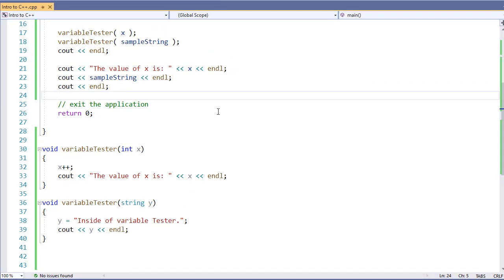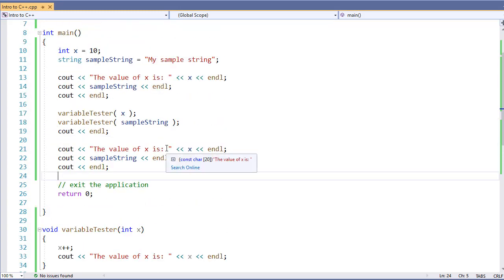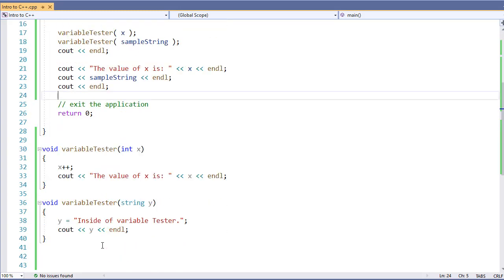If I look even closer, you'll notice that inside of variable tester, where I'm passing an integer, I'm using the exact same variable name. However, when I pass a variable by default to a function, I'm actually making a duplicate copy of that variable. So I'm not dealing with my original variable, I'm dealing with a duplicated copy. Because it's a duplicated copy, any changes that occur inside of my function, such as using x++ to increment a value or set a different value, or inside of y, where I set a completely different value,